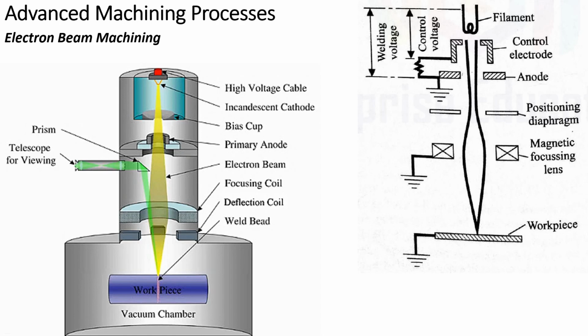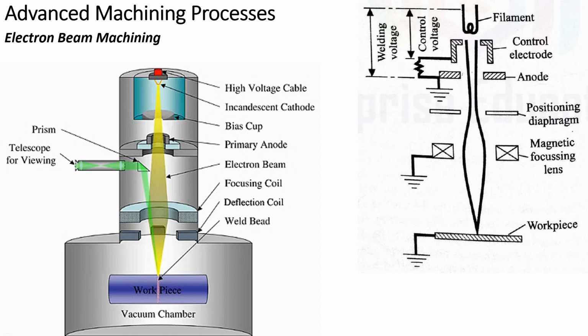So when it reaches or exceeds the work function of the particular material or the tungsten material, what will happen? This tungsten filament starts to release the electrons from its surface, that is, emission of electrons takes place from the cathode. So when the electrons gets emitted from the cathode, since the filament is made cathode, it gets repelled